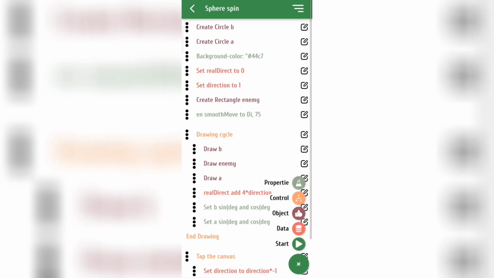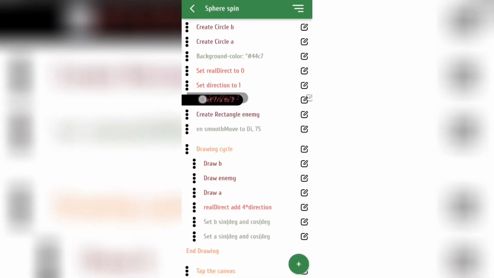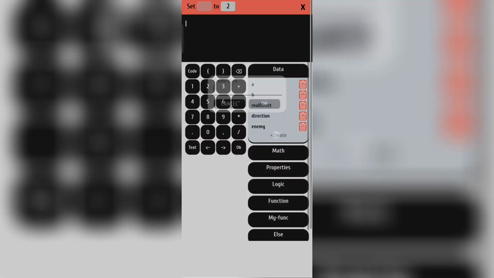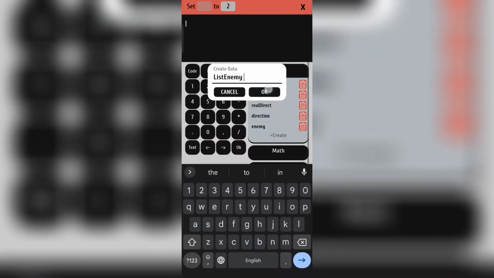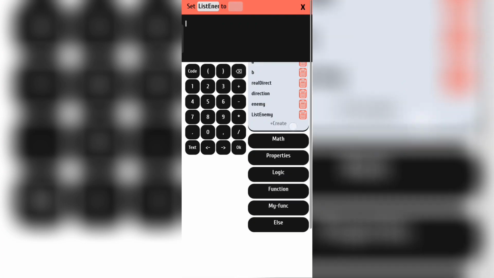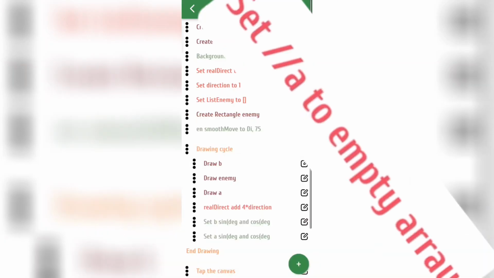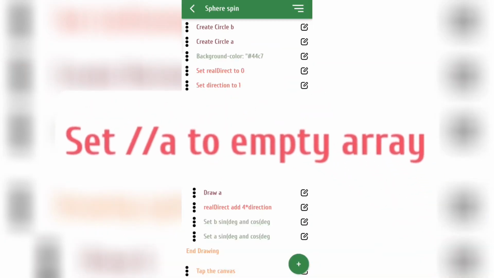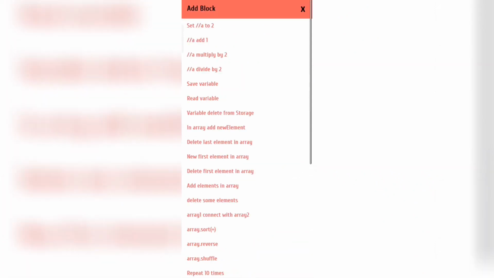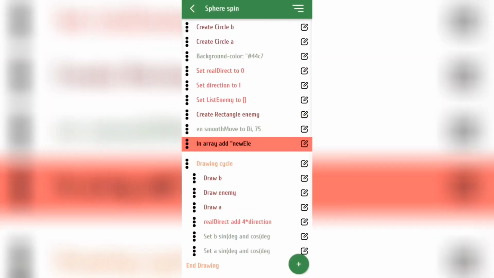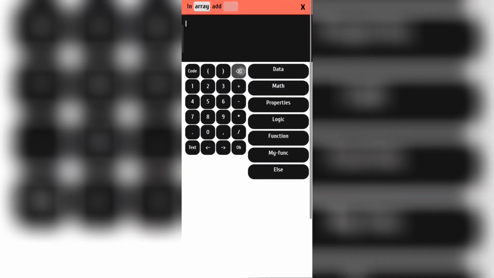However, having just one obstacle is not enough. I think that you will agree with me. So I created a list called list enemy, which will initially be empty. By the way, you could have used this block to create the empty list. After that, we can add the enemy element to the end of the enemy list.